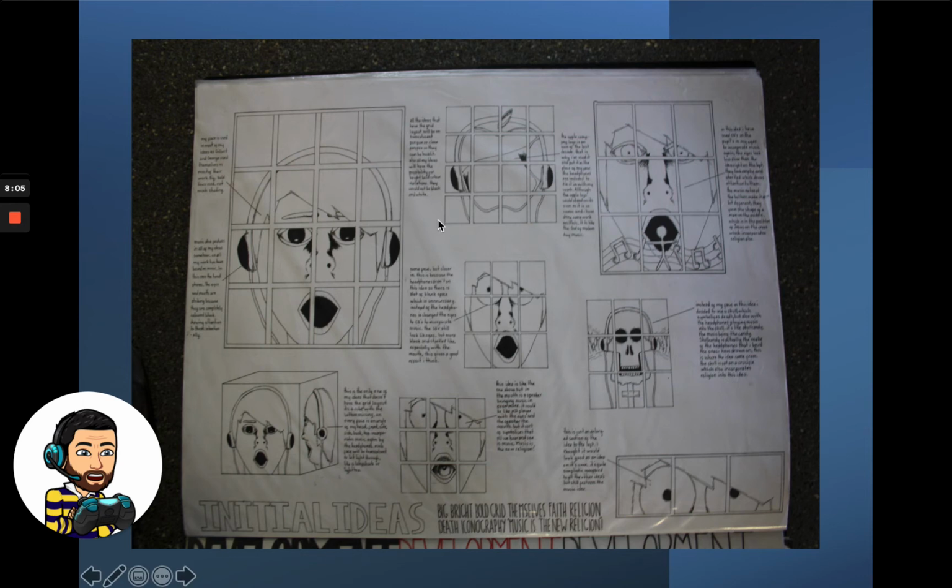You can see that they're all very individual ideas, but there is a theme that runs through. So we've got this tiled effect that's obviously come from the artist. Got lots of really interesting annotation that helps the viewer understand what the ideas are about. So it's very much I could have my face like this, I could have it like this with CDs for the eyes, I could have it zoomed in, I could have it on a cube, I could have music on. So these are very much here's my initial thoughts, and again very different. Again, this is very black and white, this is very graphical in style, very different to the fine art style